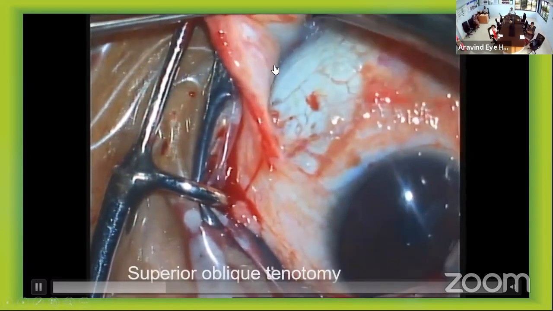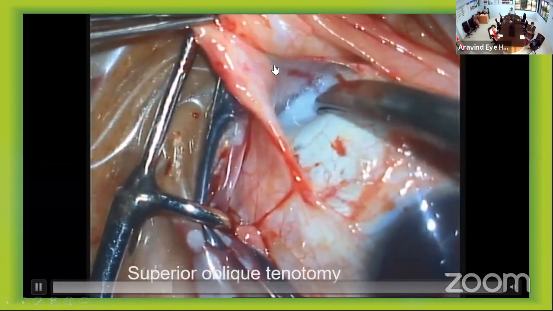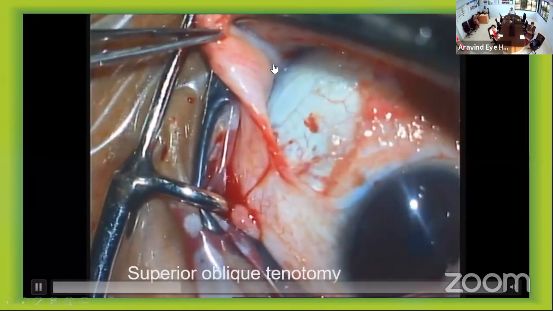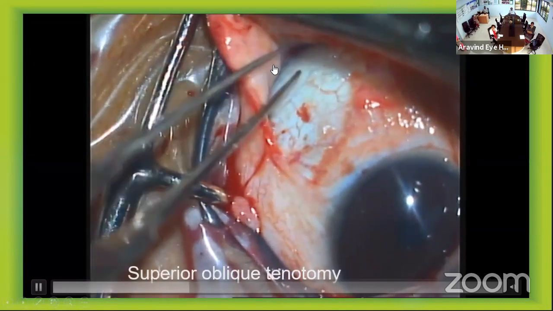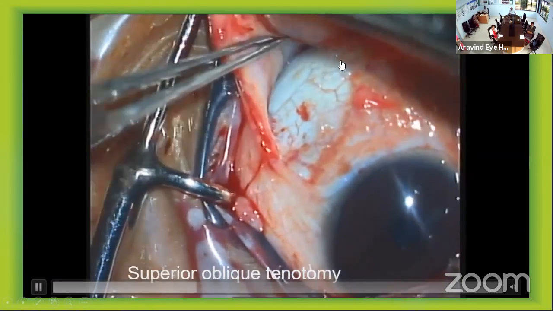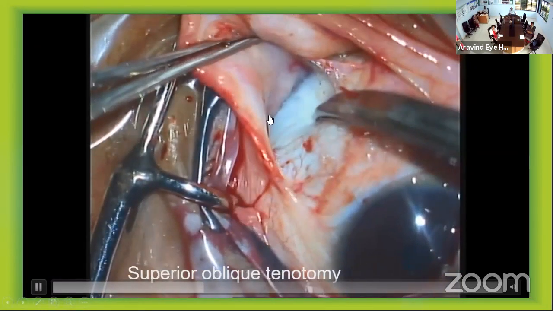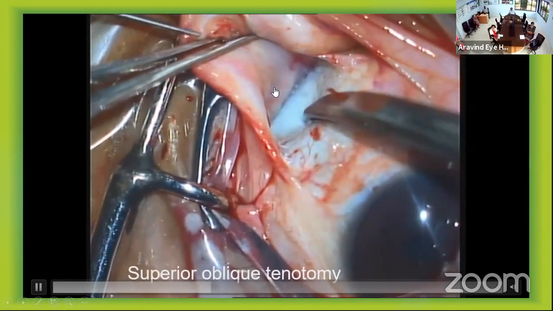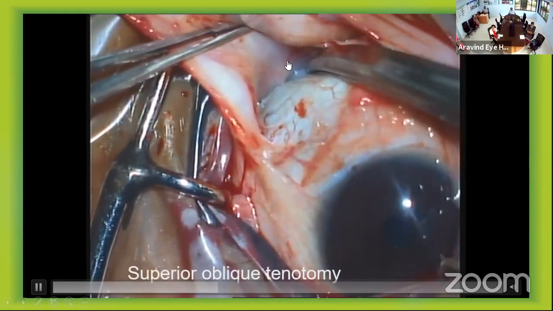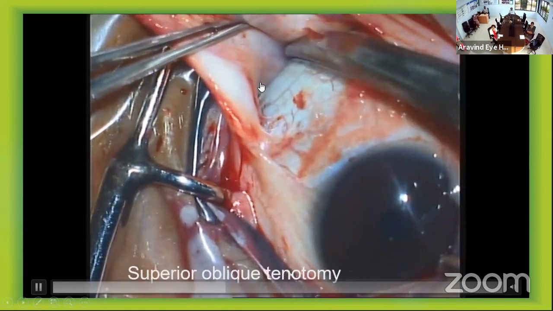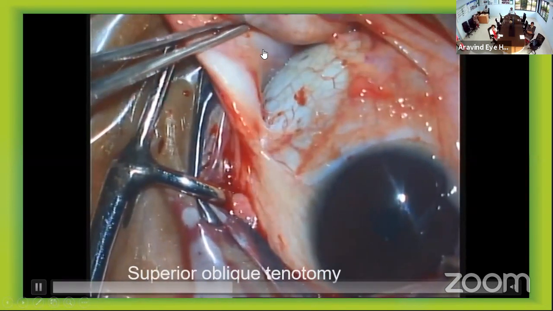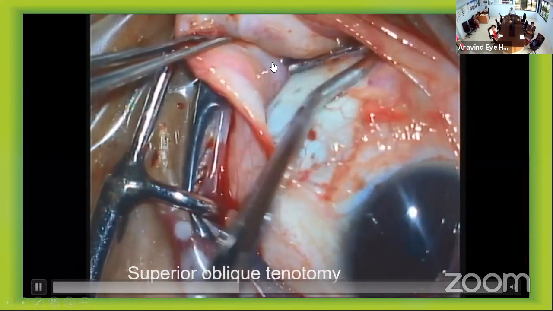So I have removed the Tenon's. Now I am going to rehold the Tenon and then lift it up. So this is the oblique muscle. This is the oblique muscle tendon. You see a silverish appearance here when compared to the rest of the Tenon. So you put the hook,